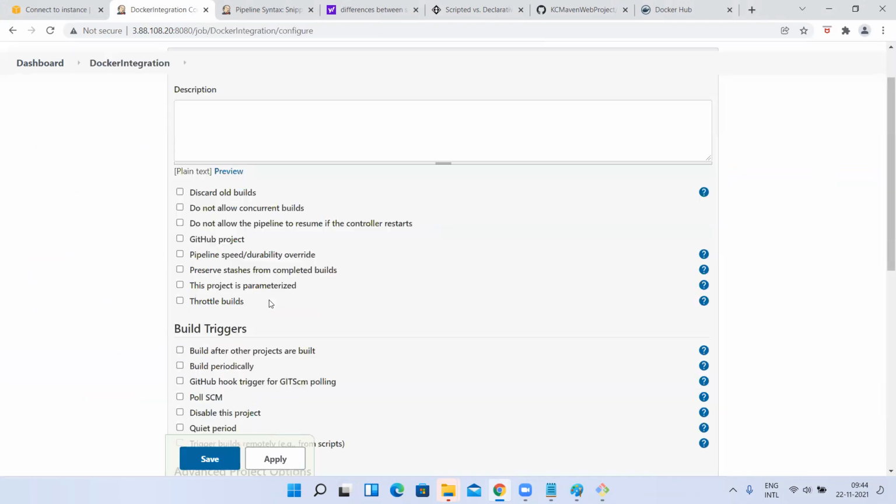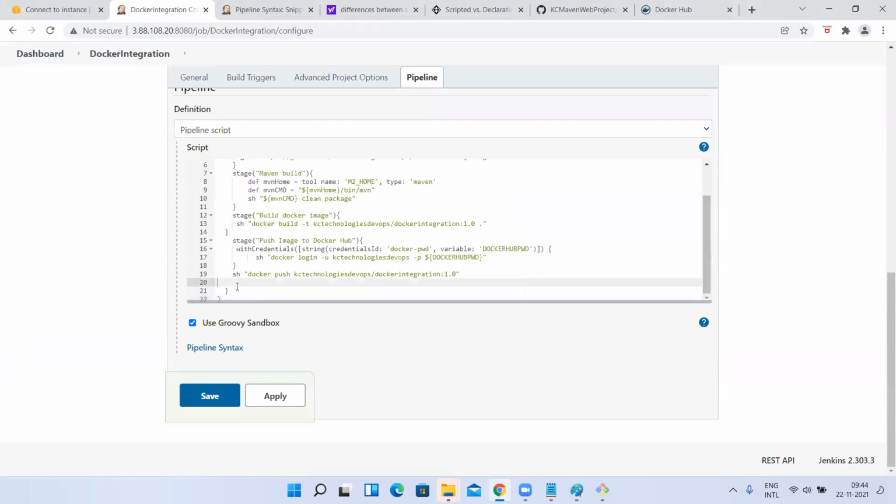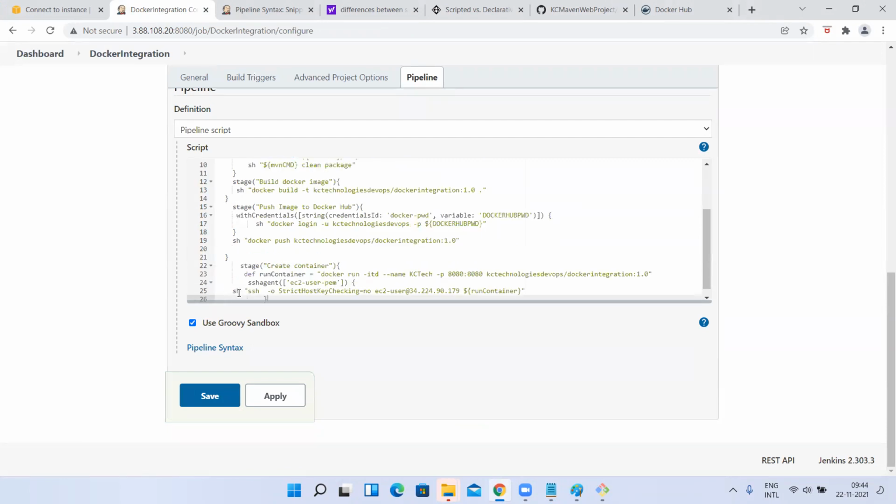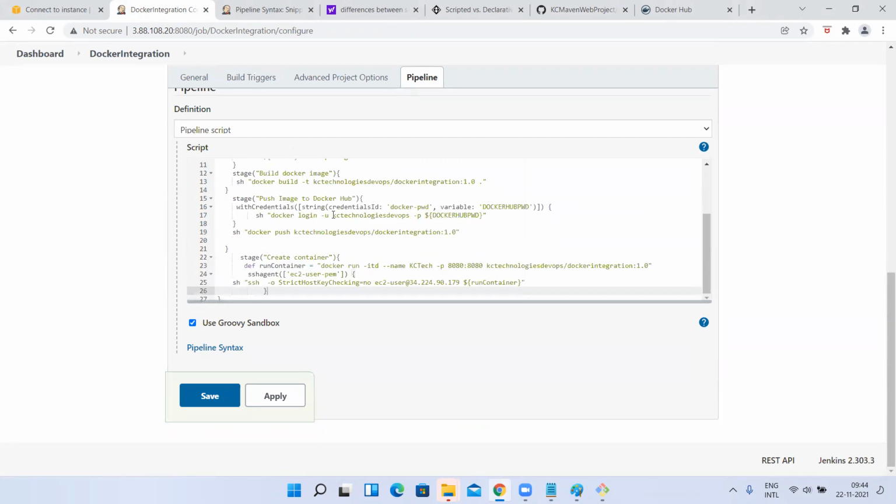Guys, I'm trying my level best to explain, because this is too important in real-time knowledge, interviews, everywhere. I'm explaining each and every small concept. In any YouTube video, no one will explain for hours, maybe 30 minutes and done. But I'm taking more than 1.5 hours explaining everything. Try to understand, concentrate on this. Everyone has to practice this by tomorrow. If you don't practice this, you will not get a job for sure. I guarantee that. Even if you have a job, you cannot implement it. This is how we do it in real time.